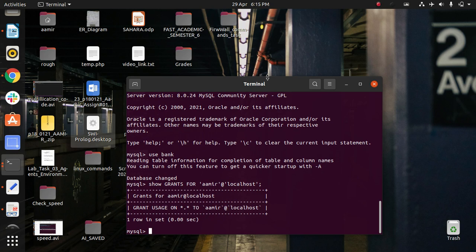If you want to give all privileges, you can use this method. Now I will give all privileges to that Amer.